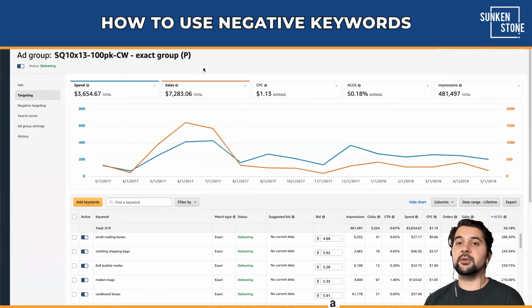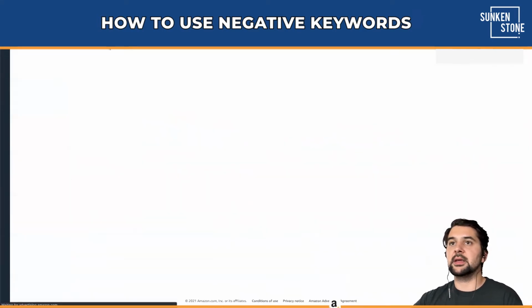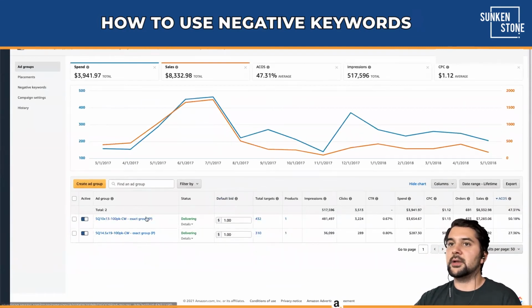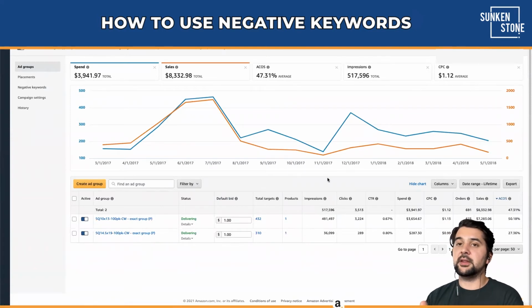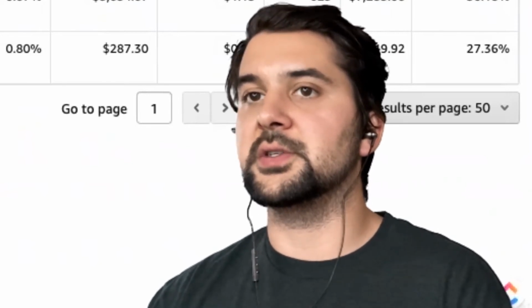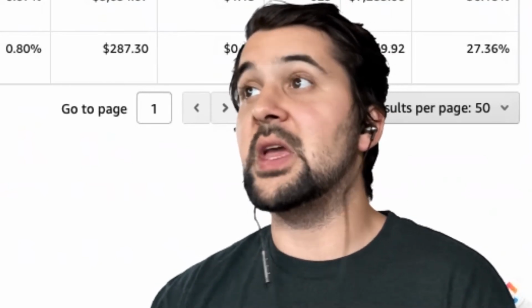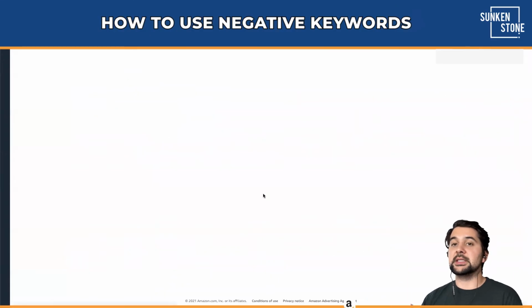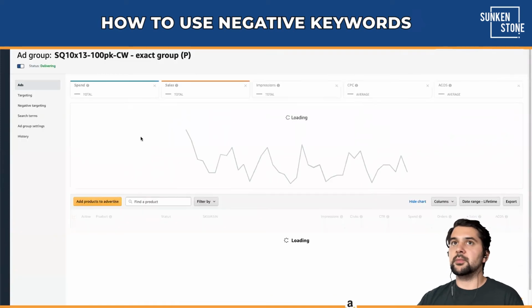If you do it at the campaign level, it prevents you from accidentally, like, here we have this campaign. It has multiple ad groups. So if you've identified that one keyword is negative worthy in one ad group and they're similar products, you could do it at the campaign level and prevent this new one, if somebody does a keyword list dump into this new ad group, then you prevent the risk of you bidding on that once again. It just covers your back a little bit in the event that you screw up and double add it. So if you identify a keyword that you really don't want, go ahead and add that